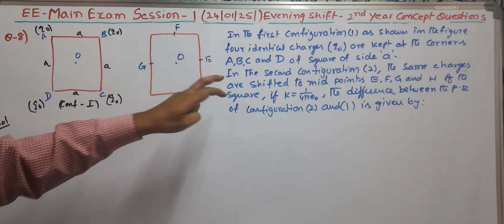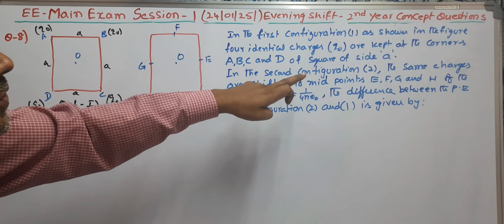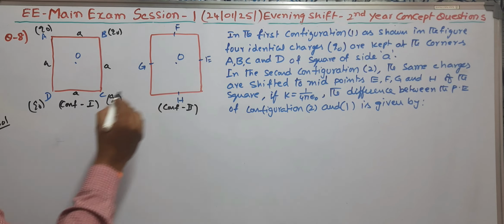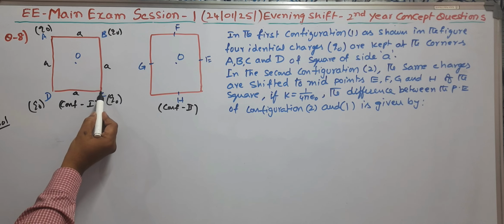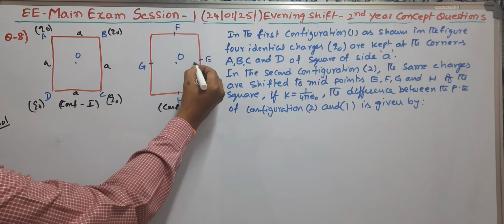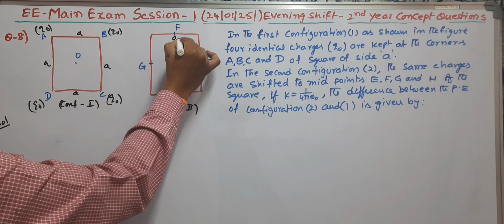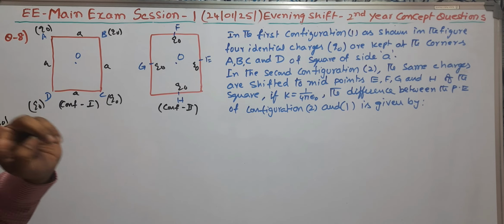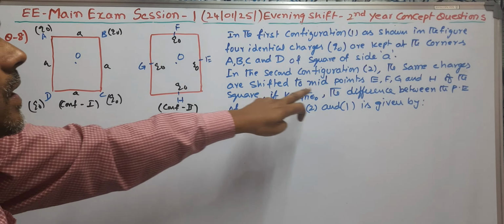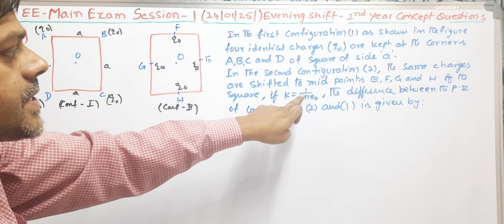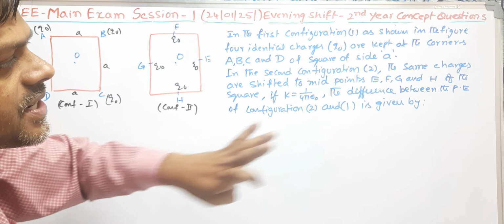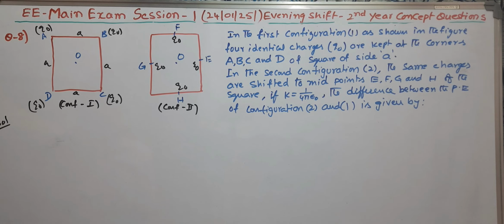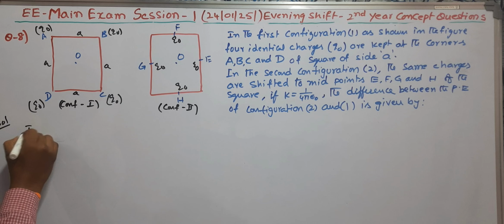Next, in the second configuration 2, the same charges are shifted to their midpoints. Earlier the charge is here, now it is shifted to here, that means charges q naught, q naught, q naught and q naught. EFGH square. If k is equal to 1 by 4 pi epsilon naught, the difference between the potential energy of configuration 2 and 1 is, let us see, in first configuration,